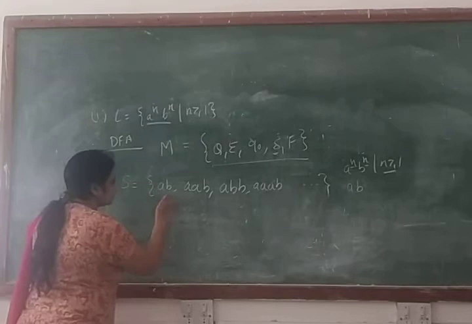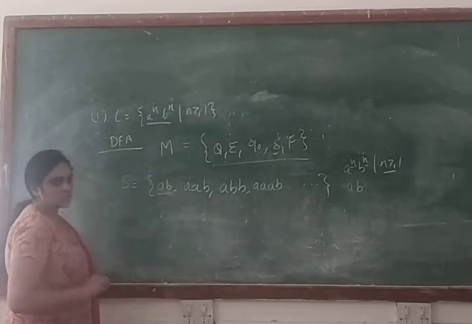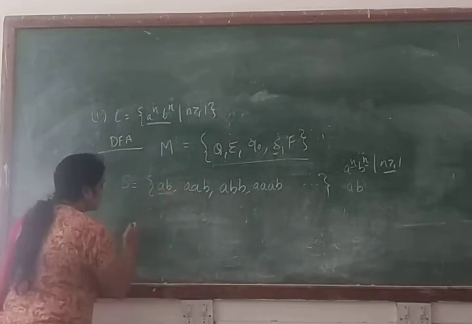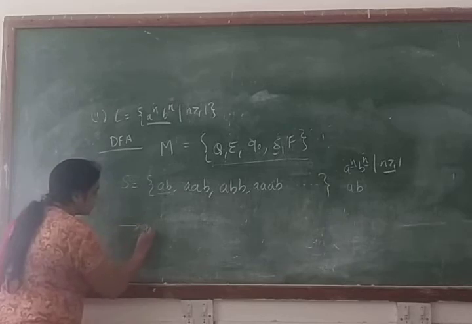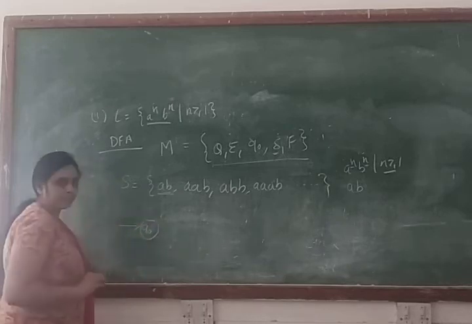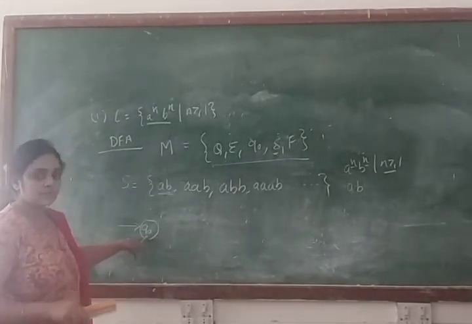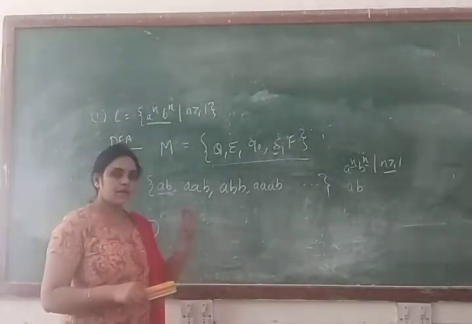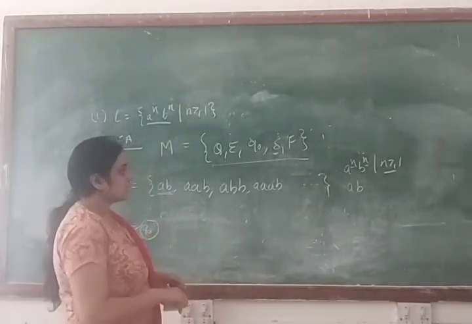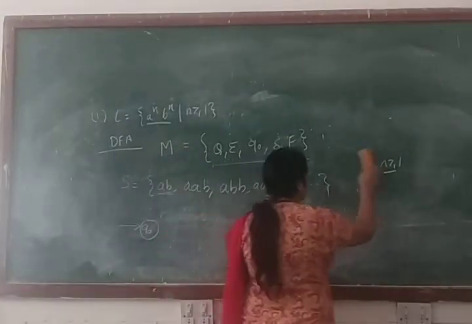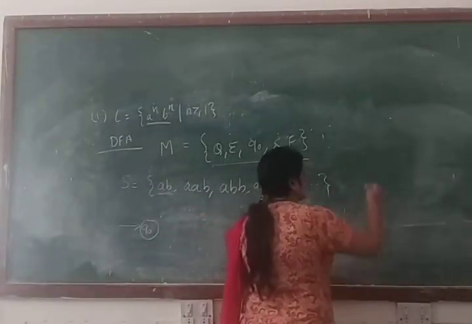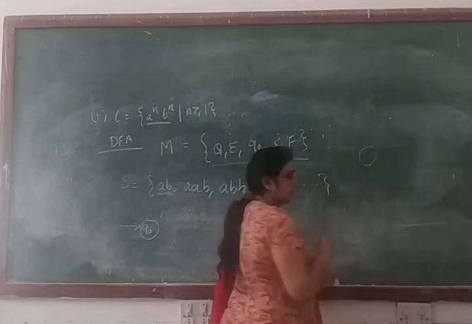Now we will make machine for the smallest length, and smallest length string is small a, small b. Now we will start our machine from the state Q0. Right? Q0 is your initial state. That thing also we have discussed in the last class. Means how you will identify this is your initial state, because by using circle you will represent the state. So this circle basically represents the state.